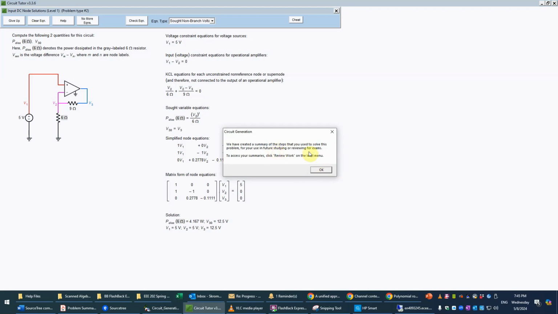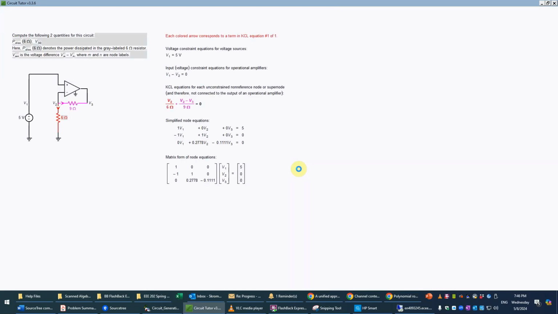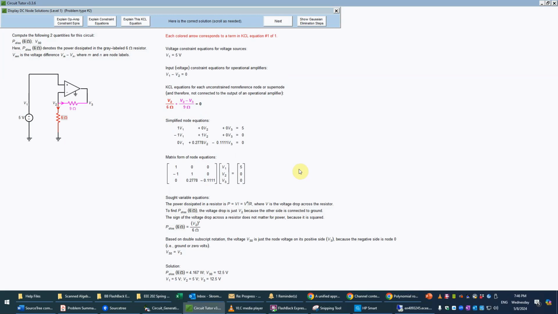And it will always create that PDF transcript showing both correct and incorrect steps for you to review later. And you can also get a detailed explanation if you wish, or you can just click no and leave the problem, but I'll just show it for the sake of completeness here, and you could even see Gaussian elimination steps if you want to, although again, I don't recommend doing that here. Now, I will show you just sort of a cheat, if you will, because this is a standard